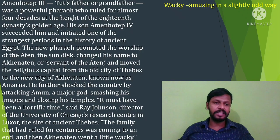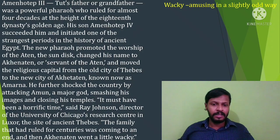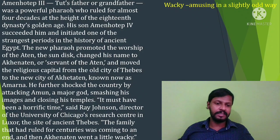He further shocked the country by attacking Amun, a major god, smashing his images and closing his temples. So previously they worshipped the god named Amun. This particular king attacked his temples and smashed the images and all the idols there. "It must have been a horrific time," said Ray Johnson, director of the University of Chicago's Research Center in Luxor. The site of ancient Thebes, the family that had ruled for centuries, was coming to an end, and then Akhenaten